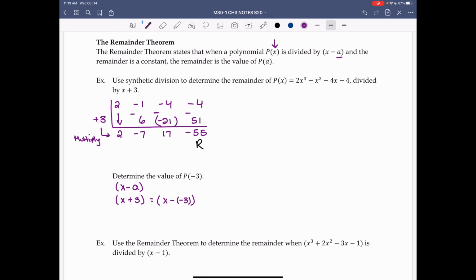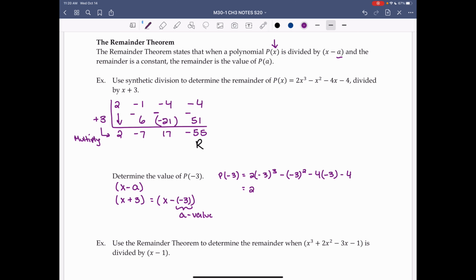So our a value is -3. Let's plug that into p of x. We have p of -3 equals 2 times -3 to the power of 3 minus -3 squared minus 4 times -3 minus 4,